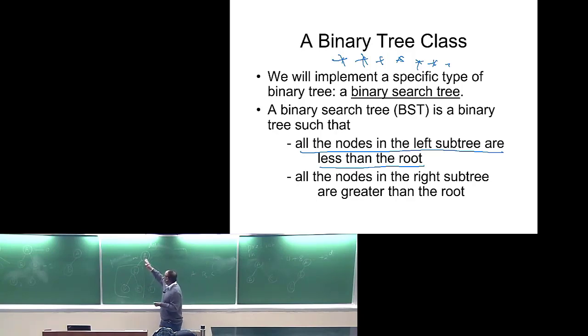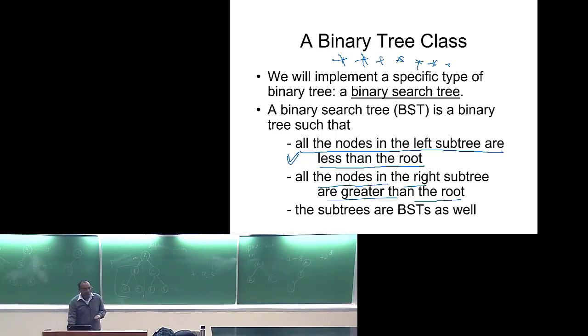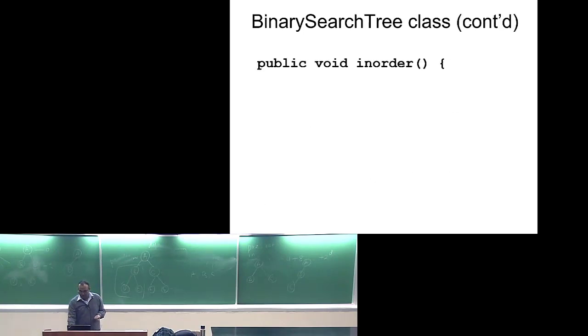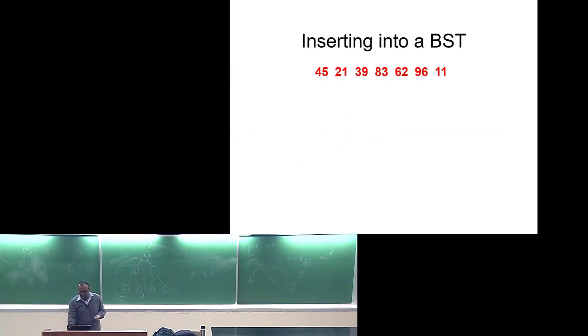Probably not. But if I put some numbers here, and the numbers are such that these conditions are satisfied, what are the conditions? Conditions are that all the nodes in the left subtree are less than the root, and all the nodes on the right subtree are greater than the node, then that will become a binary search tree. Questions? So what I should do, let me show you a binary search tree if I have